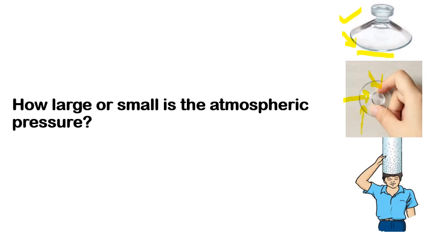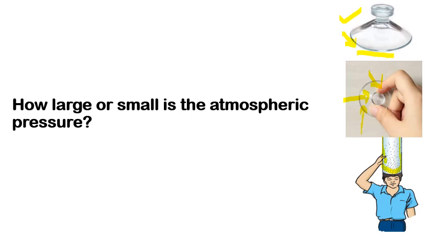Let's see one more example. If the area of your head were 10 centimeters square, assume like that, how much weight of air would you be carrying on your head? We have seen that a column of air exerts pressure on the bottom of the surface. For example, imagine that this is the air column and that also exerts pressure. So this is the air column on your head and that also exerts pressure on the head.